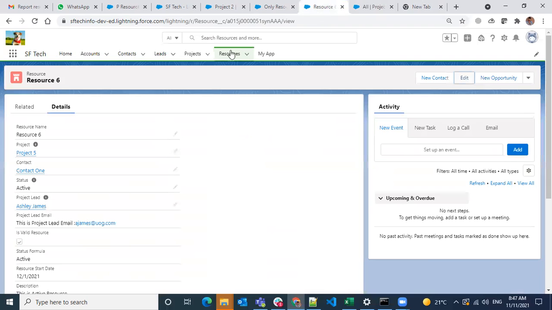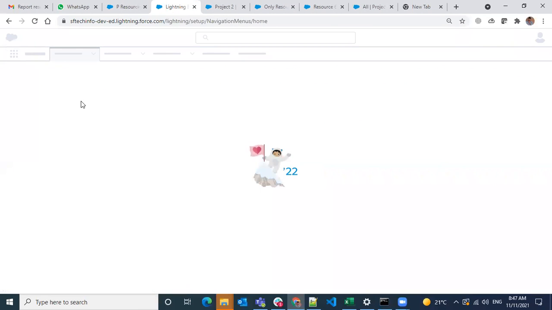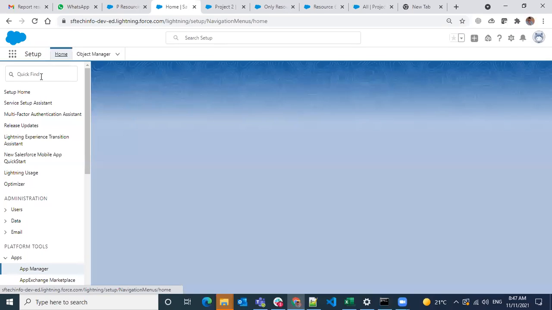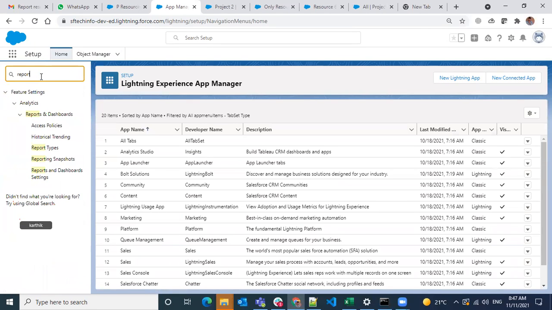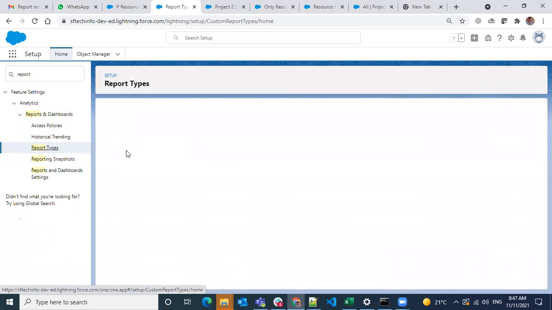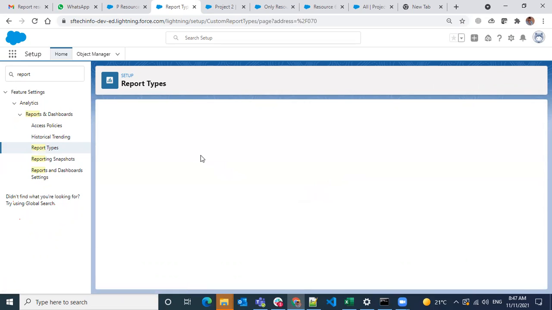Standard report types. I'm just checking where we can check the standard report types. Report types. Continue.